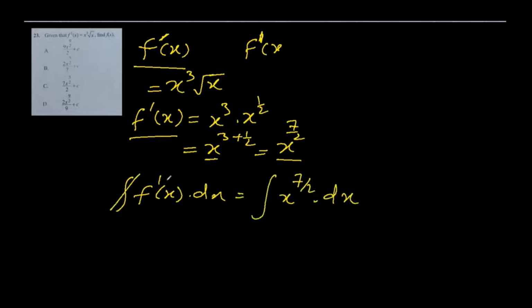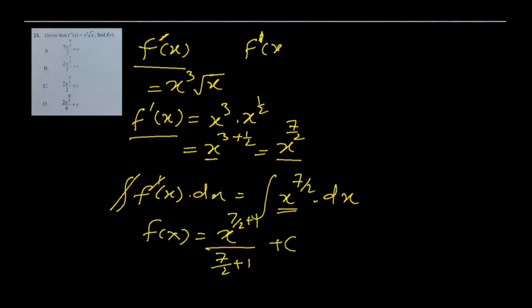So integration and differentiation cancel out, so we are left with only f x, and the integration of this is x to the power 7 over 2 plus 1 divided by 7 over 2 plus 1,